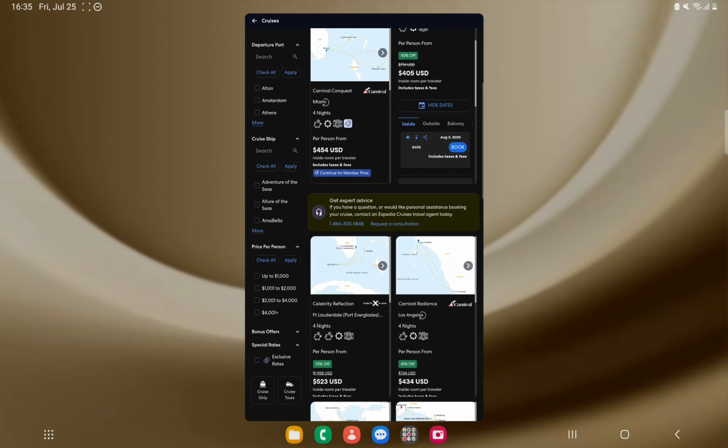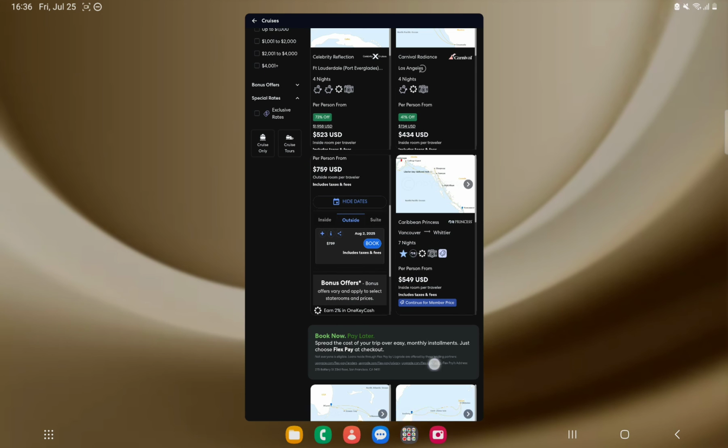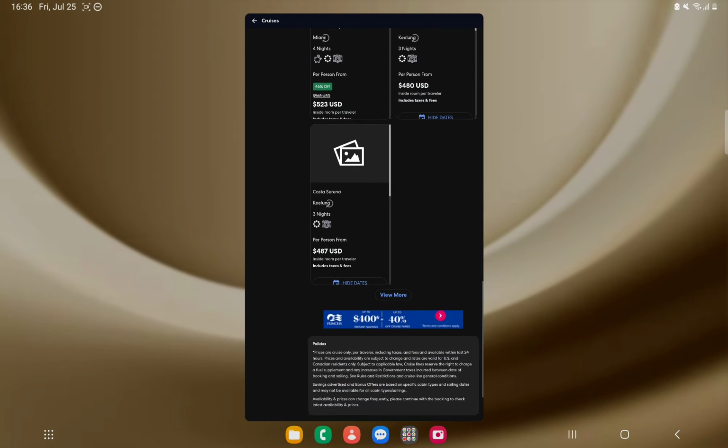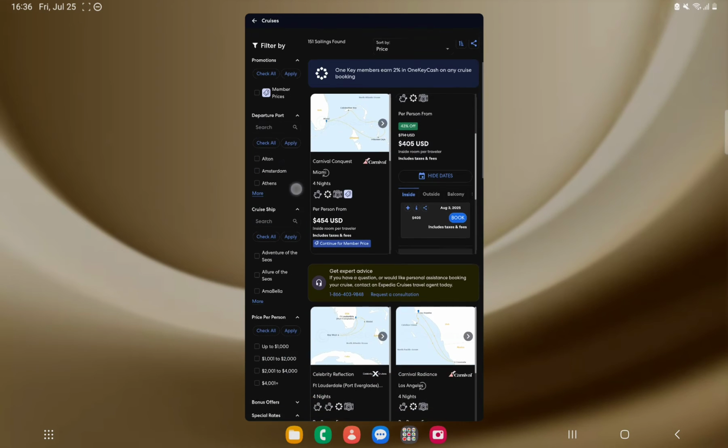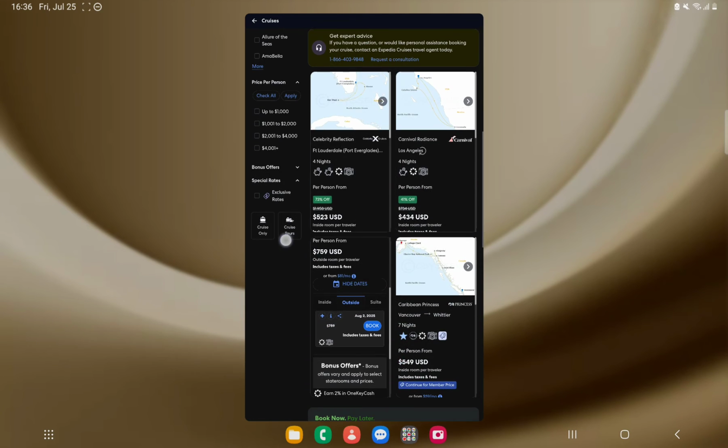but we can actually browse these offers for a while. But if you sort them, the process will be a bit